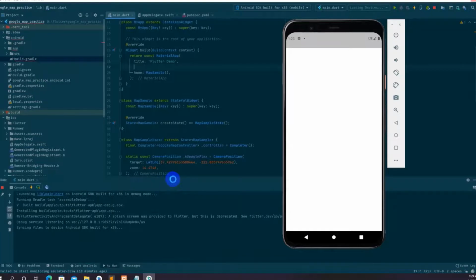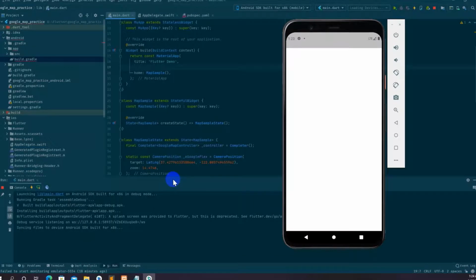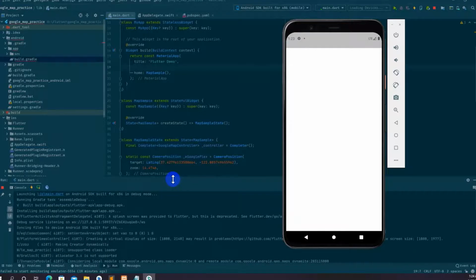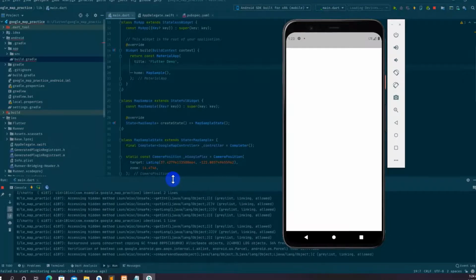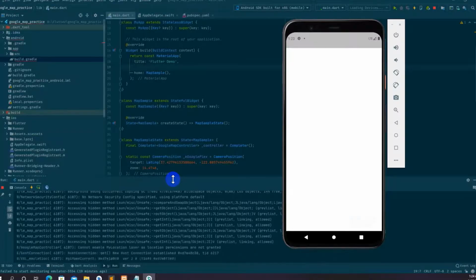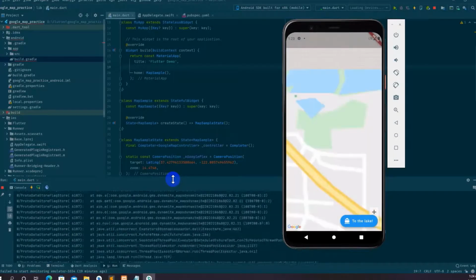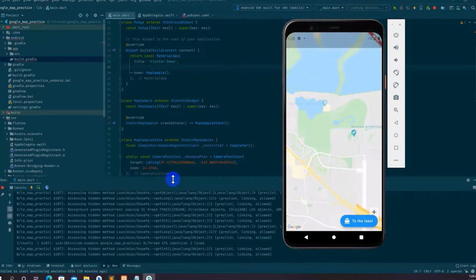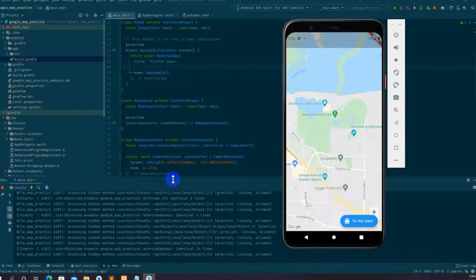And let's wait for the task to be done. Okay, now we're supposed to see the map. Okay, so as you can see, the map is already loaded,